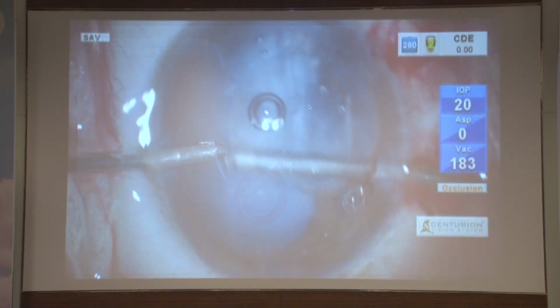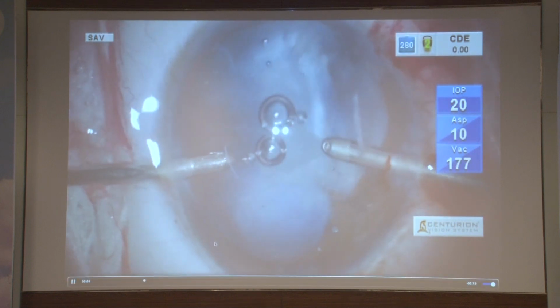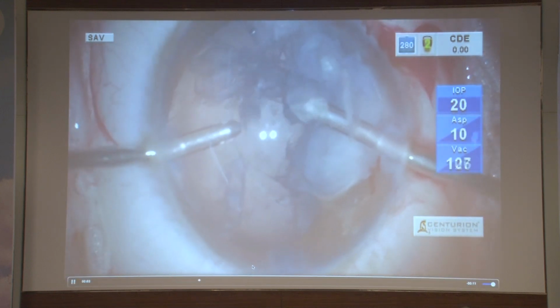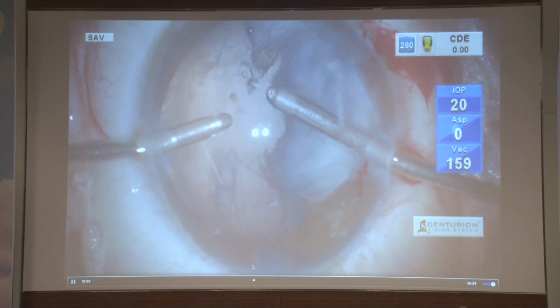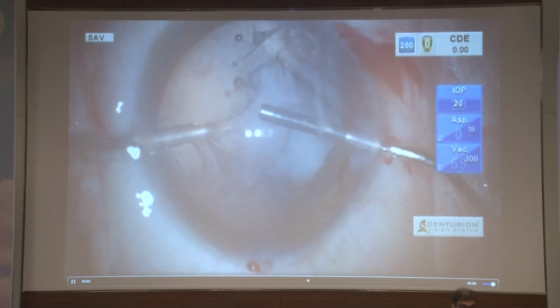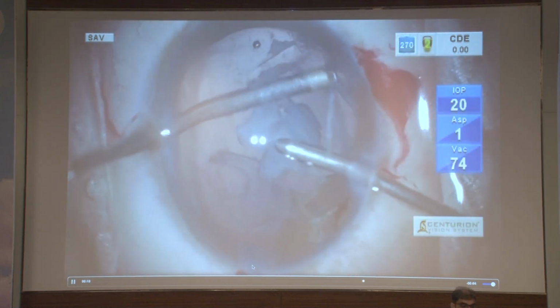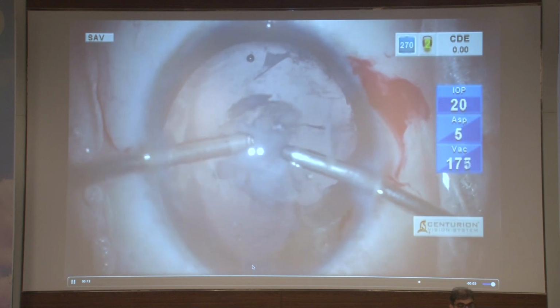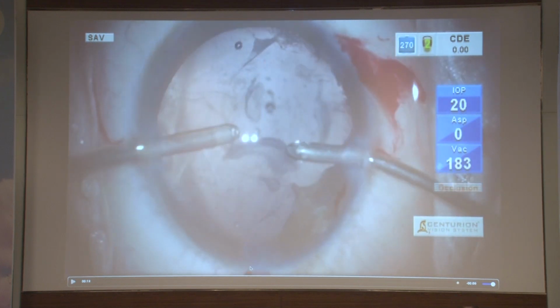This being a soft, fluffy cortical matter, you go ahead with bimanual irrigation aspiration, particularly in such cases, so that the collapsing of the chamber is reduced as much as possible. And always, while changing hands, you inject dispersive viscoelastic. So now we have a situation where you have a half open anterior capsule, you have an intact posterior capsule,